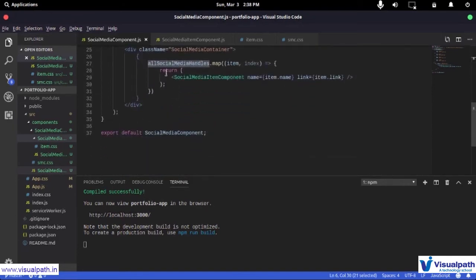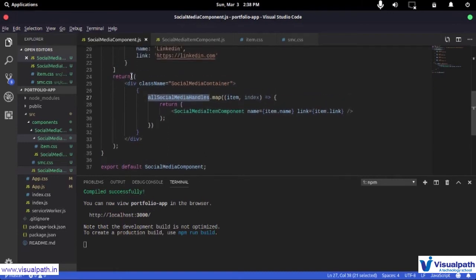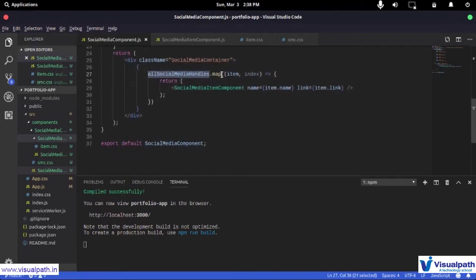Then I got access to that variable inside my rendering logic of the social media component, and in that I mapped over all the elements, and by mapping I got passed this callback function that has item and index inside it, and then I returned this JSX.